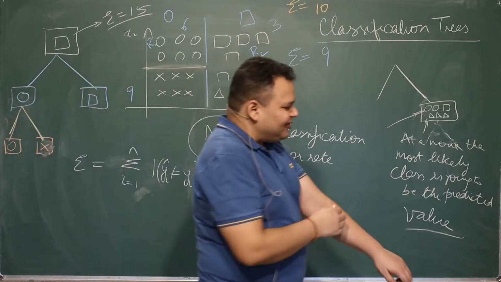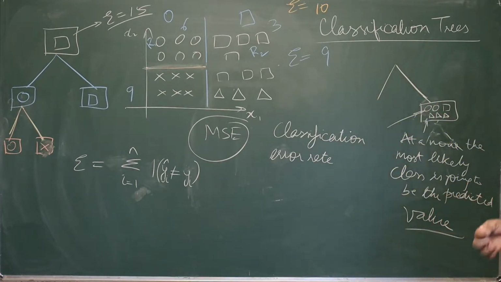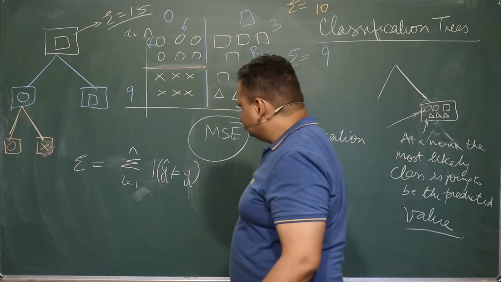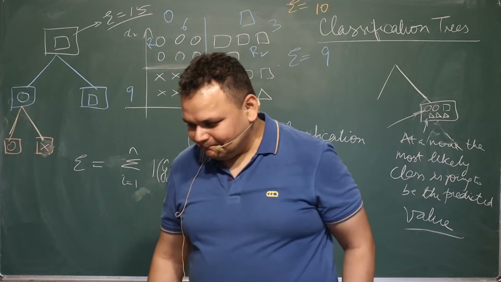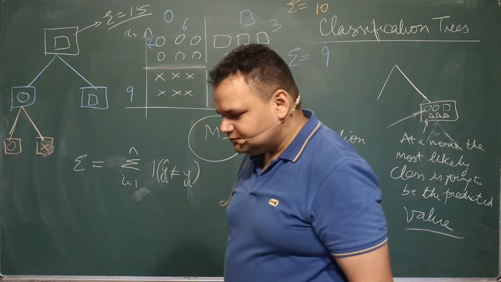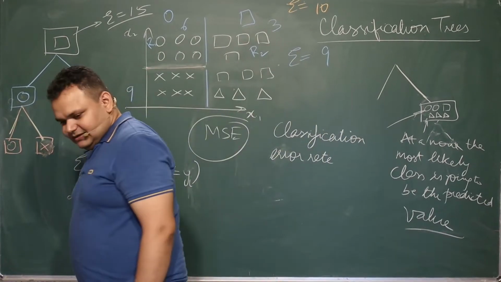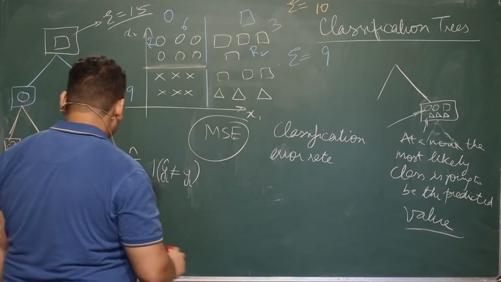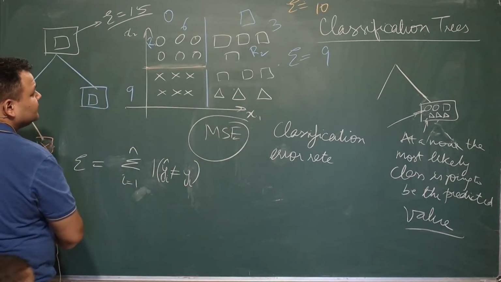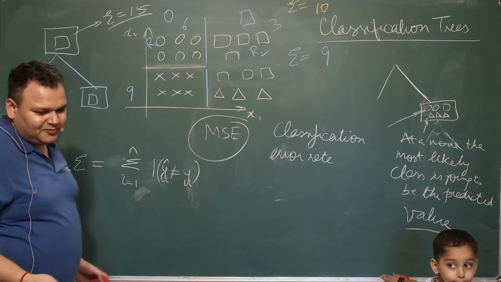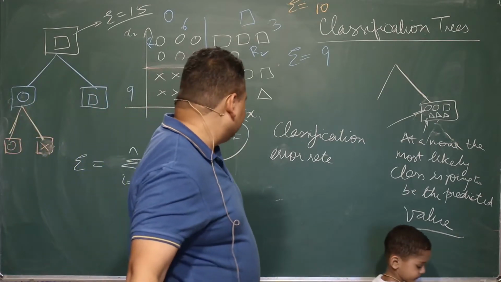Okay, what is the error going to be in this case? Zero. Zero for both the partitions. So the error from both the sides is going to be 0. There will be no error on either side.